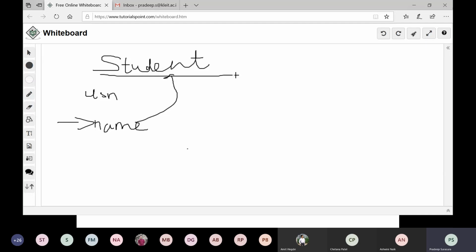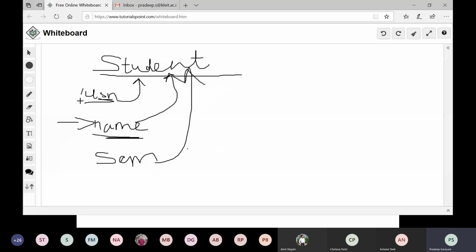Now my entity is student. In student, what is name? Name is something which is telling about the student. USN is something which is telling about the student. In the same way, if I take semester, it means semester is some attribute which is describing the student.